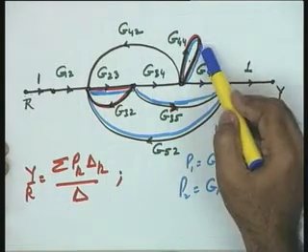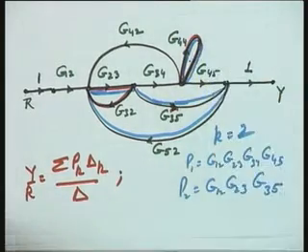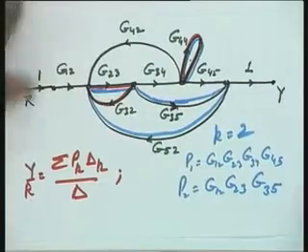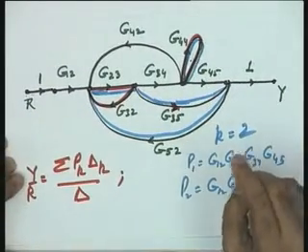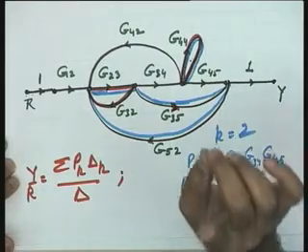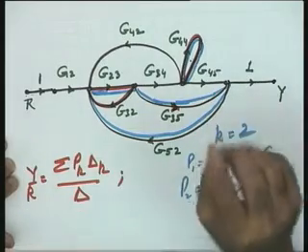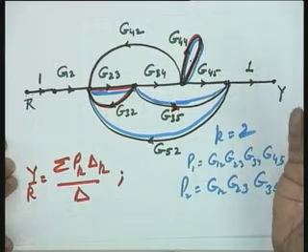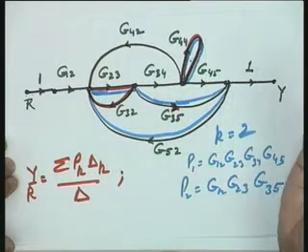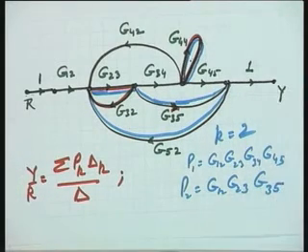G44. You see that this is the only loop. So I am writing here delta 2 is G44 and therefore numerator will become, for delta 2 is not G44, I am sorry. Delta 2 will become 1 minus G44. You have to apply the basic formula. The delta formula you have to apply to get the value of delta 2. It is 1 minus G44.